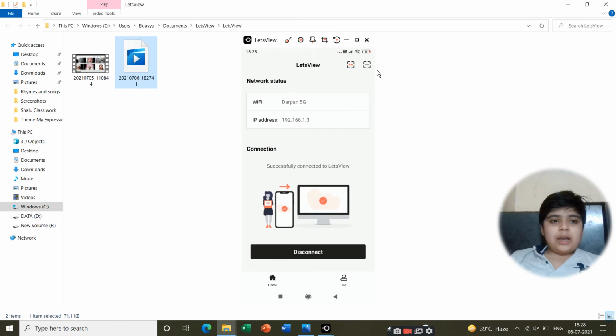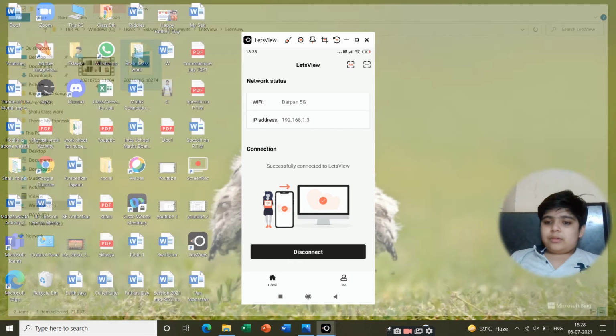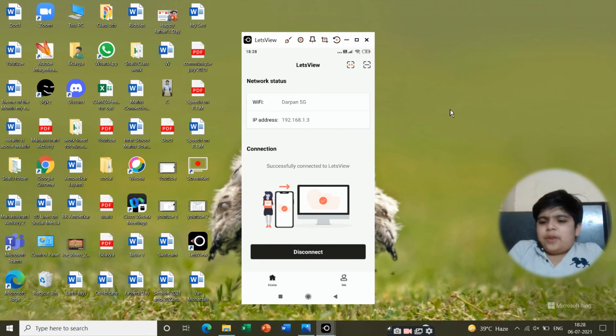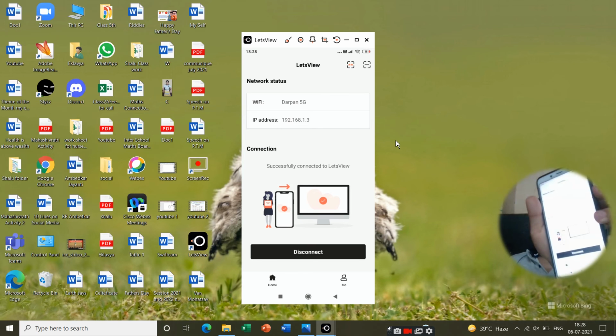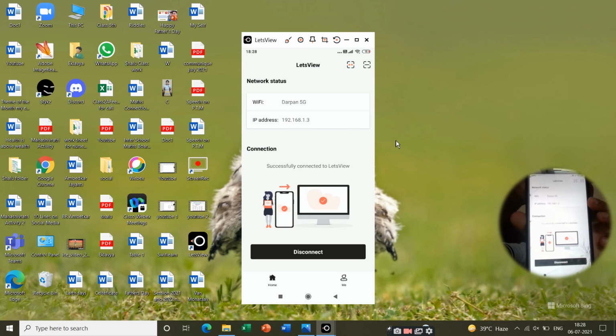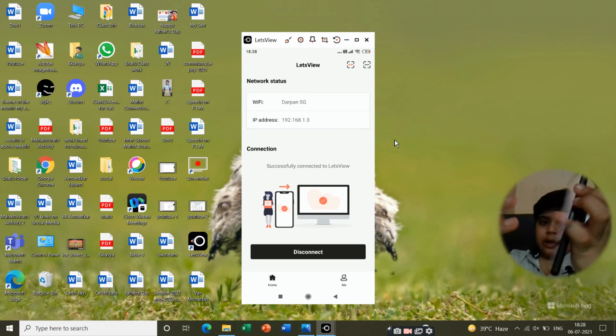See guys, it's amazing. I will say you can also do it. It is free of cost and no viruses will come to your laptop or your phone while doing this process. I will repeat again. First we have to download our app on PC and laptop. Our Wi-Fi connection should be the same. Then first we have to sign in on the laptop. Then when we open the app on our phone, this will come.